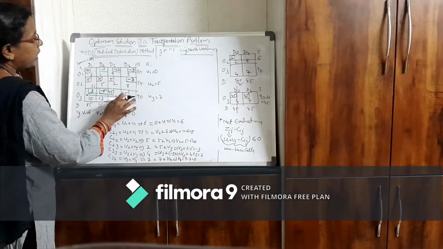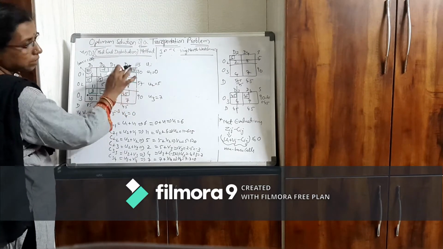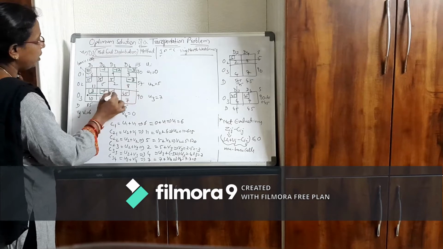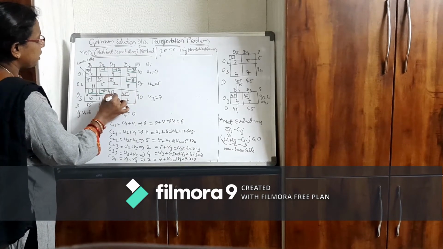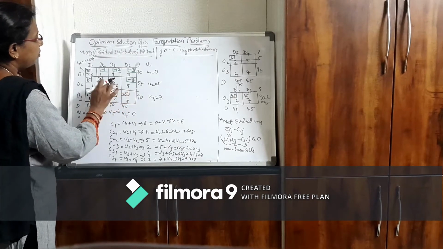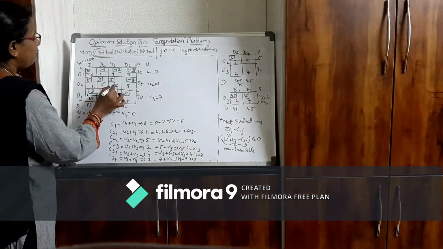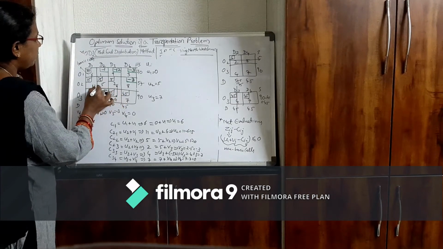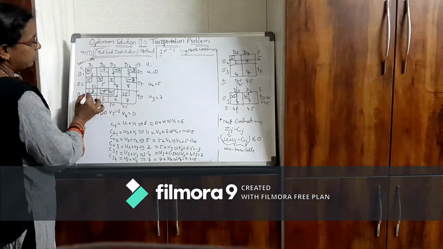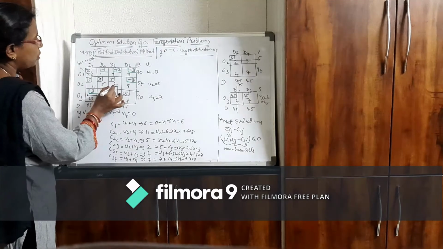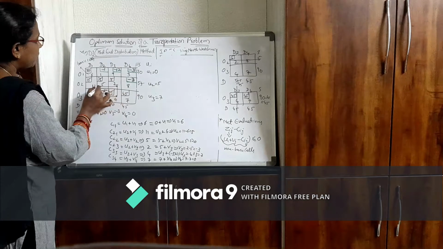At this point also, from here I don't have any basic cells, so I can't go here. I'll stop here. From here I have the next basic cell at this point, because I have an allocation here. From here again I have one here, but I can't come here diagonally, so it should be a closed loop. So from here I'll go to the next basic cell.